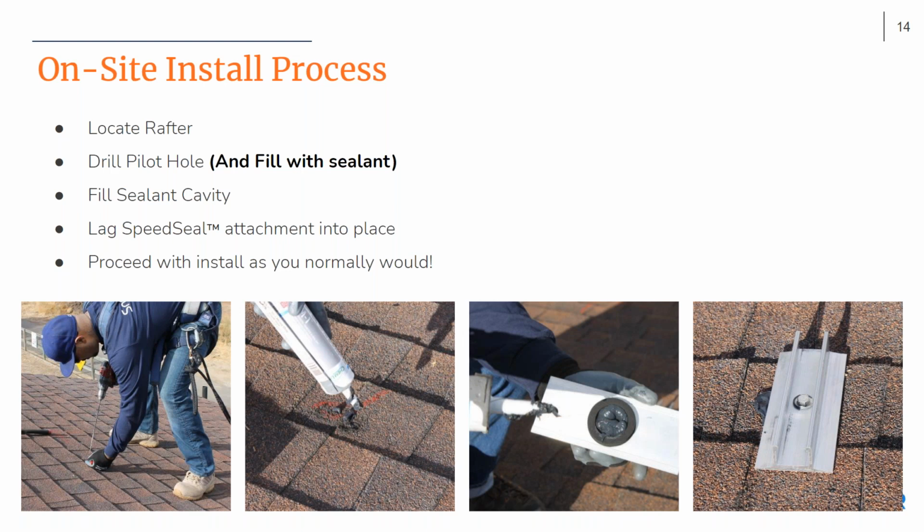But what we're showing here is our speed seal technology, which actually helps prevent roof leaks by removing the need to pry up shingles and tear apart an existing composition roof, because it actually uses a chemical seal using ChemLink M1, and it's pressure driven by the lag. So you locate the rafter, you drill your pilot hole, you fill up this cavity on the bottom, and then once you lag it to the roof, it creates a super tight chemical seal of sealant, because let's be honest, throughout history, sealant's how we've been sealing holes forever, but this is just actually utilizing it the way it should.